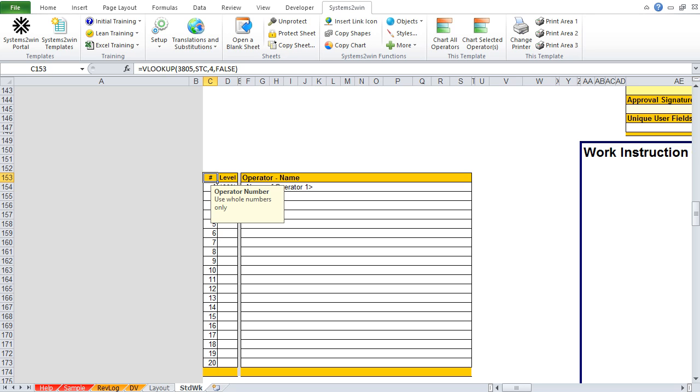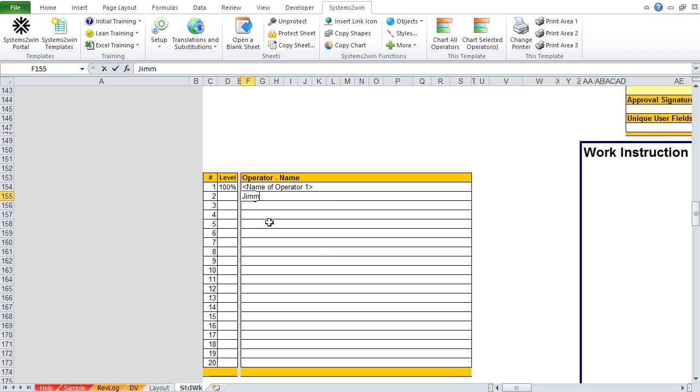So we click it, and it takes us directly to the table where we can optionally define names associated with our operator numbers. This is optional, right? Yes, this whole table is optional. And if we click the pop-up help for this next column, it says we can even optionally assign operator levels. So if it's blank, it's going to assume everybody's working at 100%. But if you got a disabled person or a trainee that you're observing, maybe they're not working at 100% level. Or maybe you got a superstar who's 10% better than everybody else.